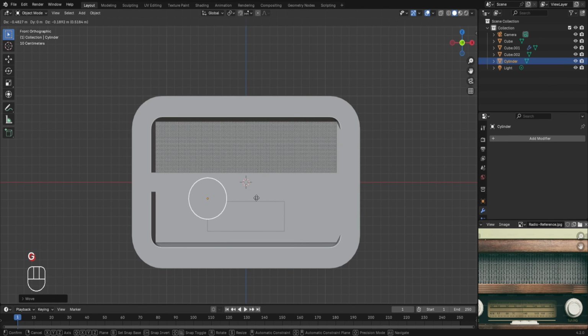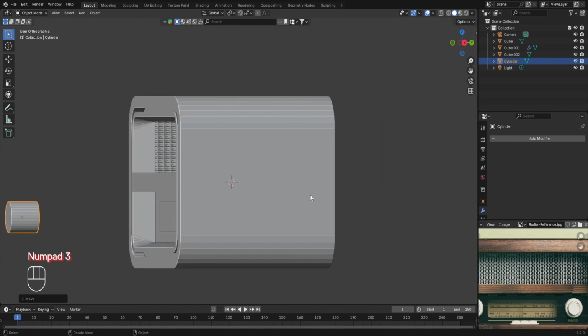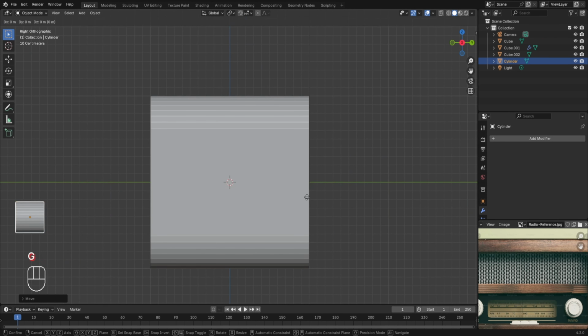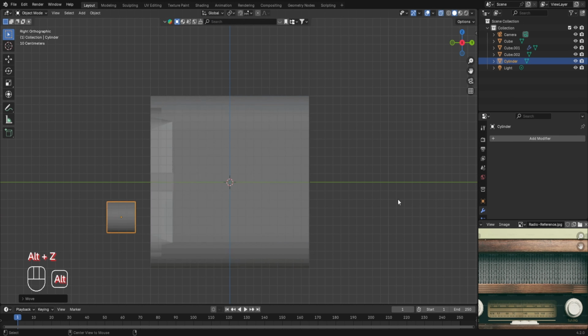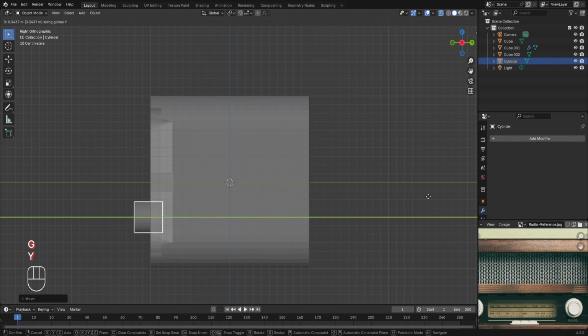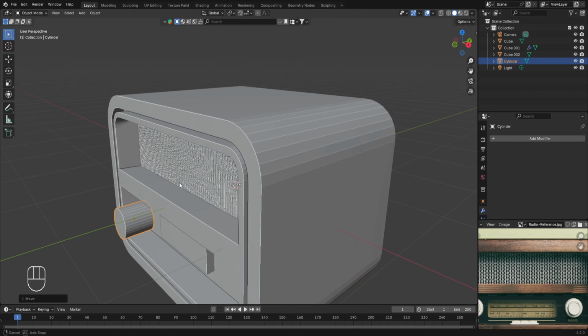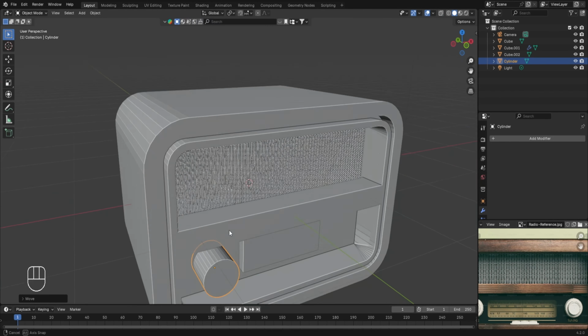Now press G to move it and place it over here. Let's scale it down slightly and place it properly. Let's also go to the side view by pressing 3 on the numpad and we'll move it in the Y axis. Let's also turn on the X-ray mode. Then we'll move it again in the Y axis and place it over here. After this, let's change the angle, and once all the adjustments are made, we'll press Tab to enter the edit